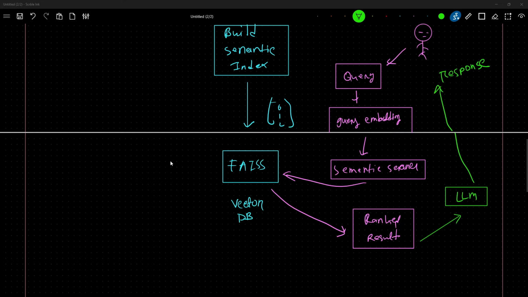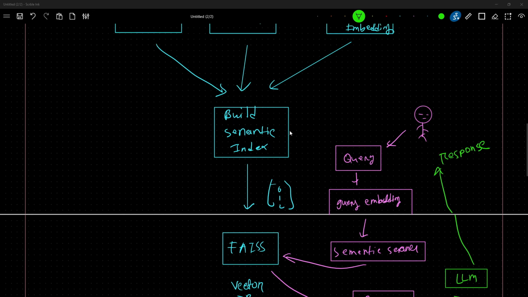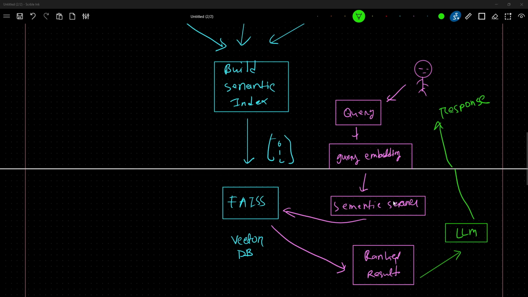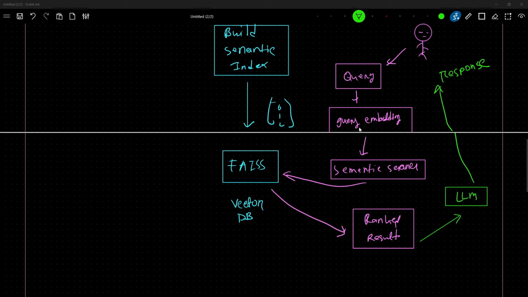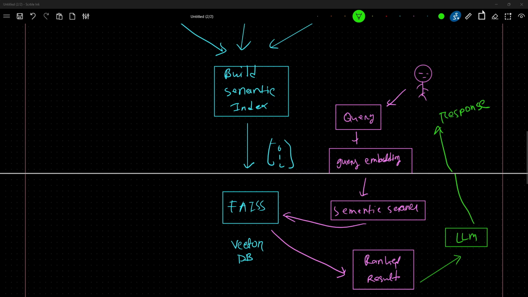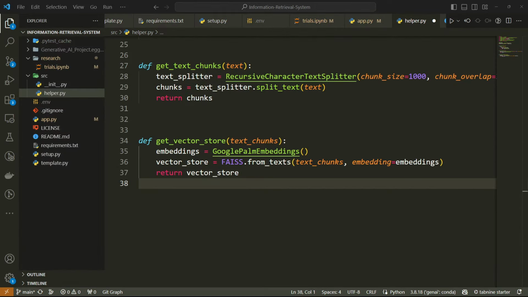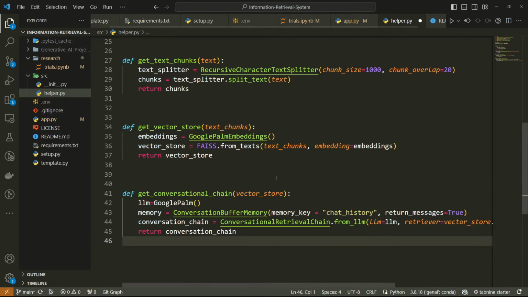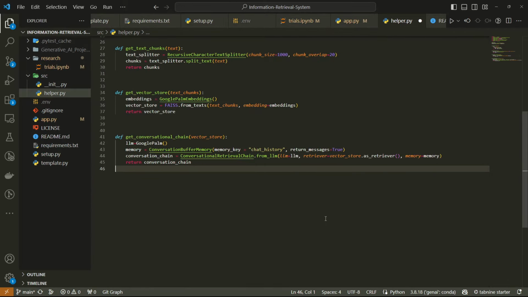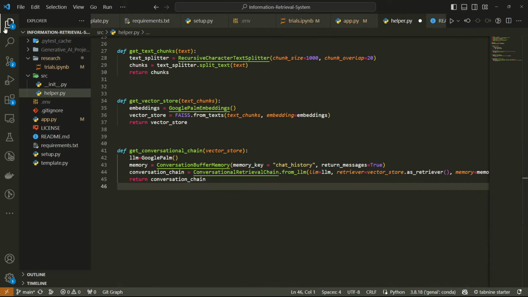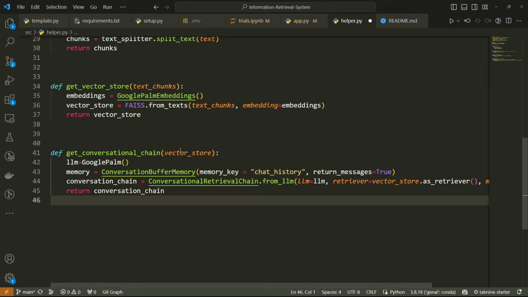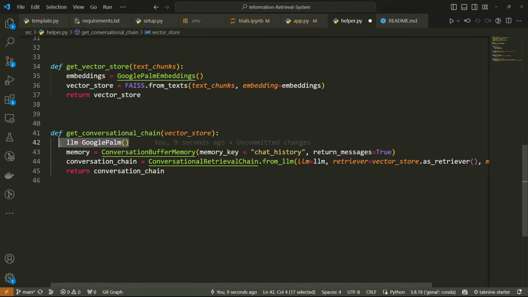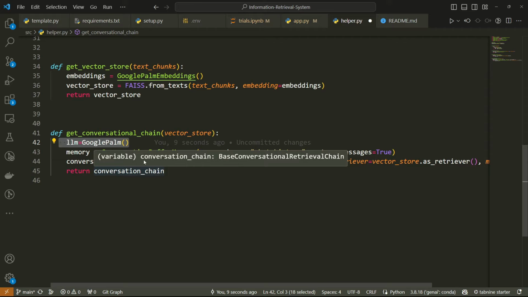Okay. So once I have stored my vectors in my vector DB, now I need to create this conversational chain, because the user will give some query, then it will perform semantic search and rank the results. Basically, I need this conversational chain. So for this, I need to create another function. This is the function I already prepared, and this code I already explained. Okay, this is very easy code. So I'm just converting my notebook into modular coding here. If you see, this is the function I have written, called get_conversational_chain. It will take the vector store, and here I'm initializing my Google Palm model as the LLM, and here I'm using